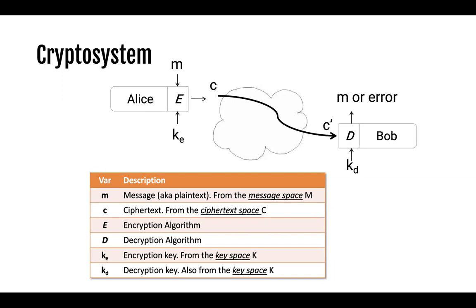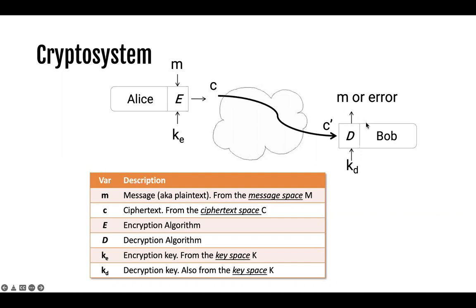And then by the time that Bob receives this message, Bob will decrypt it. How it works is that Bob has a decryption key, which we call KD, and also Bob has a decryption algorithm. So Bob uses this C prime, the received ciphertext, along with the key and the decryption algorithm, and then Bob tries to recover, or say decrypt the message to get the original plain text